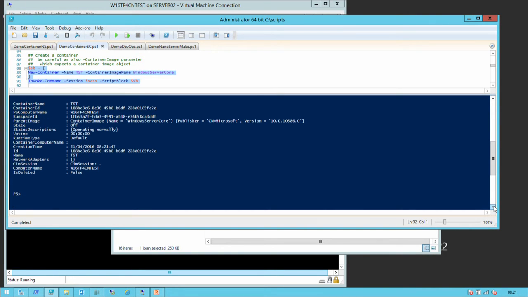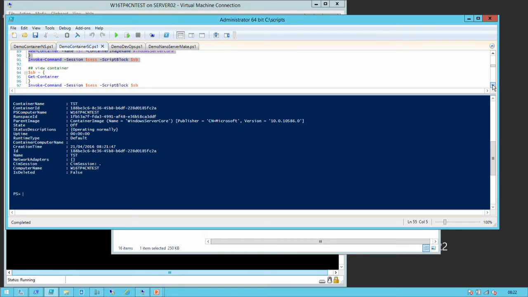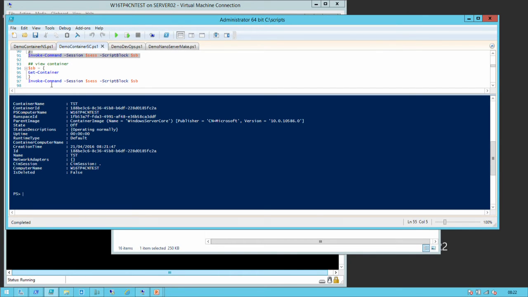And that's our container created. You can see that it recognizes the parent image that you're using. It's created in an off state. And you've got the creation date. Notice at the moment there aren't any network adapters. You can create a network adapter as you create the container by telling it which switch to use, but I wanted to go through the whole